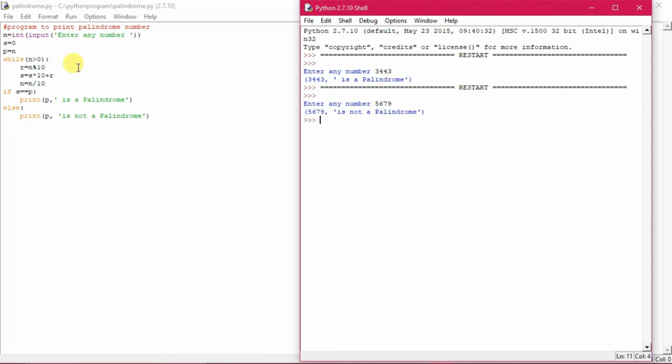Same logic has been incorporated up to here. The number has been picked up into another variable, as n is changing throughout the program, and afterwards the reverse and that particular variable has been compared to get a palindrome number. All right.